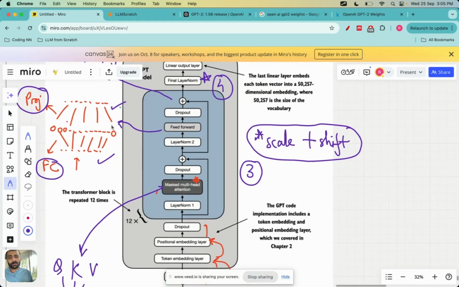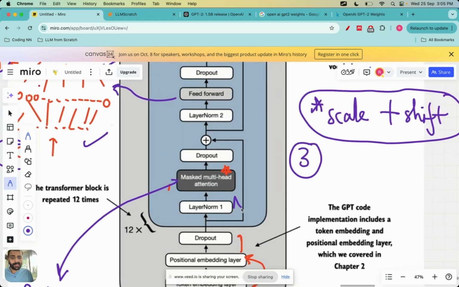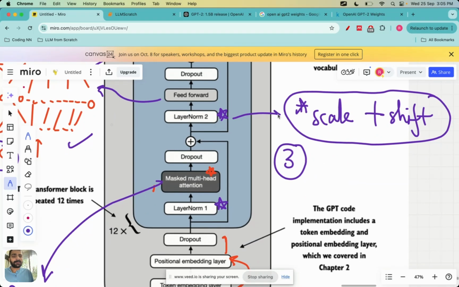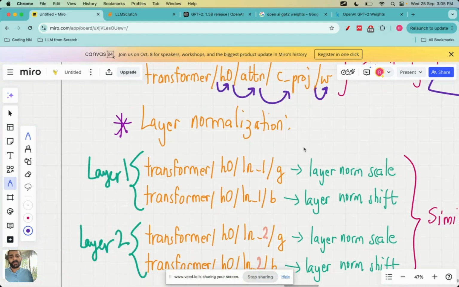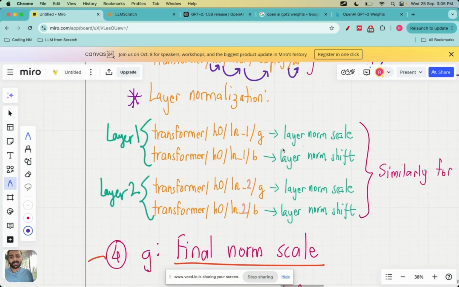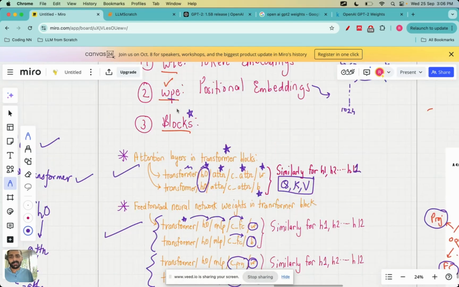But remember, the transformer block has two additional things. It has the layer norm 1 and layer norm 2, and both of these have trainable scale and shift parameters, right? So we need to access those. So the last thing which we are going to access in the transformer block keys, so this blocks keys, is